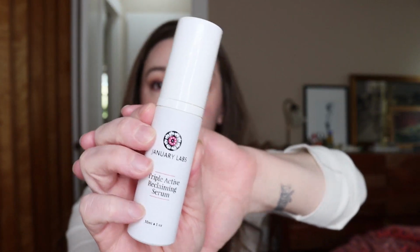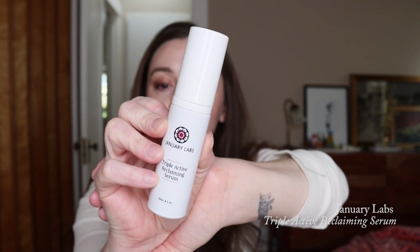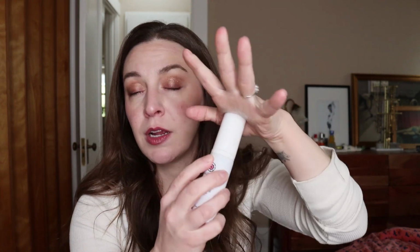And then let's talk about one last thing before I have to go. Another thing I really loved. This I had to stop using because I got pregnant, and I just didn't want to chance things with using a retinol. But I did use probably 4/5 of this. This is the January Labs Triple Active Reclaiming Serum. So this is a retinol that also has vitamin C in it, as well as something else. It doesn't have the list of what it is on here, but